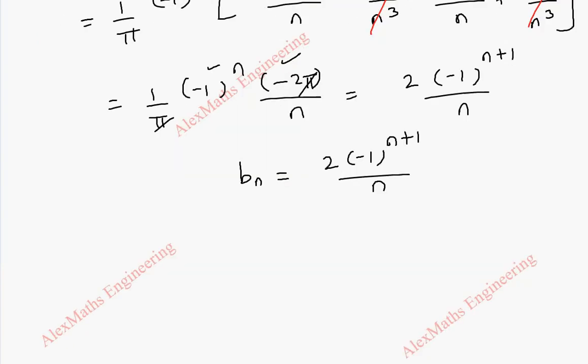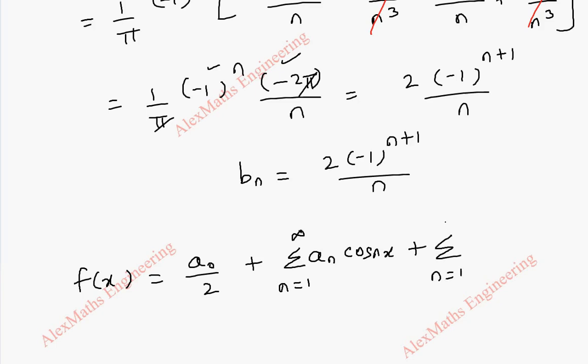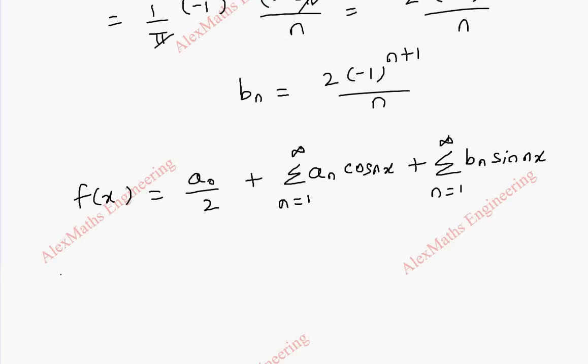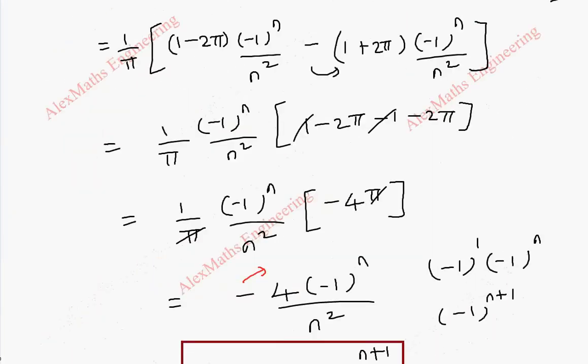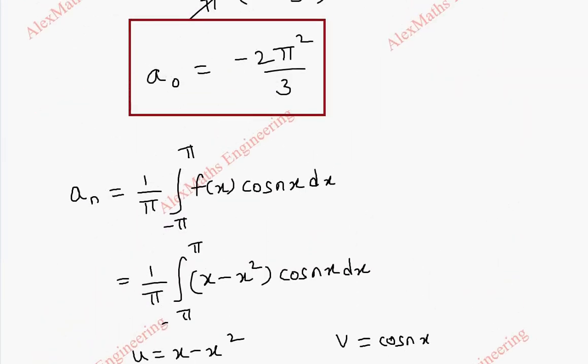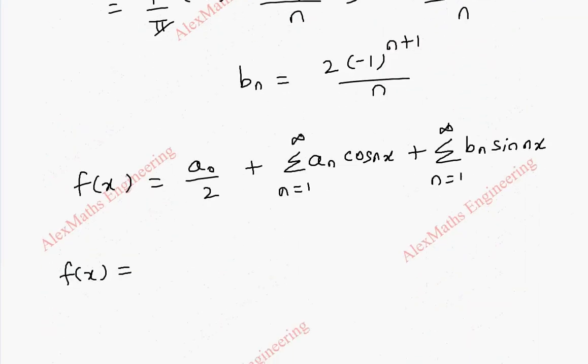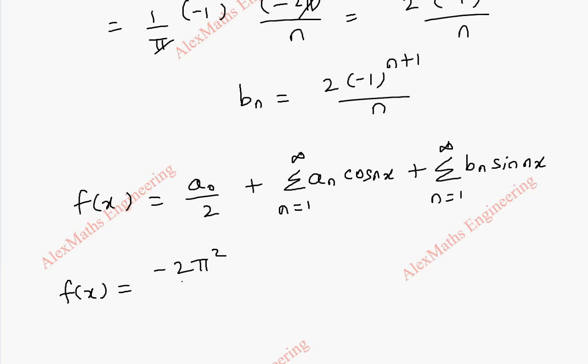Now we are going to write the Fourier series expansion of f of x by the formula. It is a0 by 2 plus summation n equal to 1 to infinity an cos nx plus summation n equal to 1 to infinity bn sin nx. So here f of x is a0 by 2. A0 is minus 2 pi square by 3. So minus 2 pi square by 3, and there is a by 2, so we put it in the denominator, plus